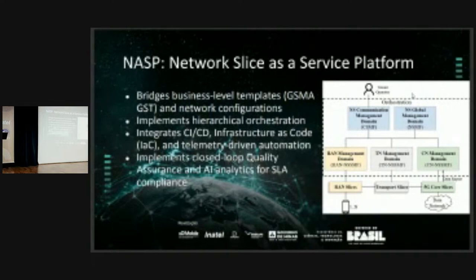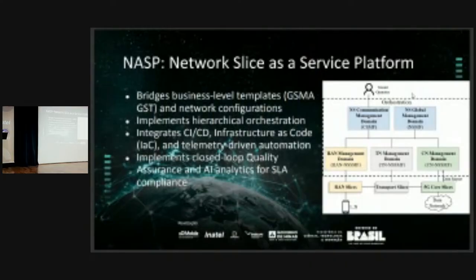And the operators need to organize the infrastructure considering all the infrastructure, the RAN, transport, and the core. And we need different controllers for all the domains. This is a global view for the 3GPP integrating GSMA and ETSI.